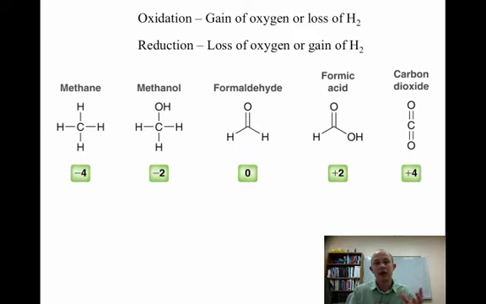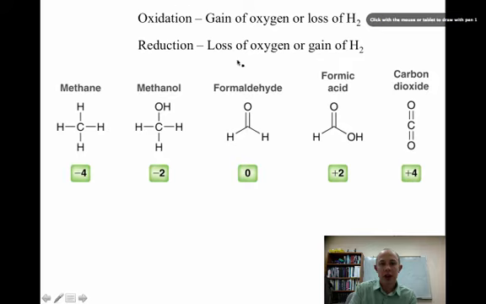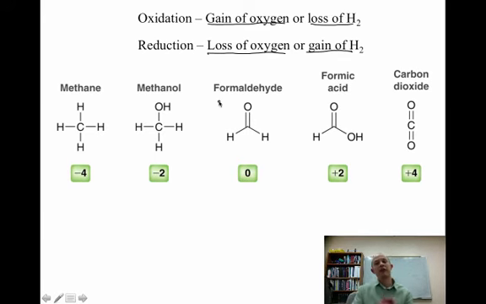In terms of carbon, what makes the most sense is that we're going to define oxidation as either gaining an oxygen atom on a carbon, and this is all with respect to carbon, or loss of two hydrogen atoms. Conversely, a reduction is going to be defined as loss of oxygen or gain of hydrogen. So if we think about all the different oxidation states that carbon could adopt, the most reduced form